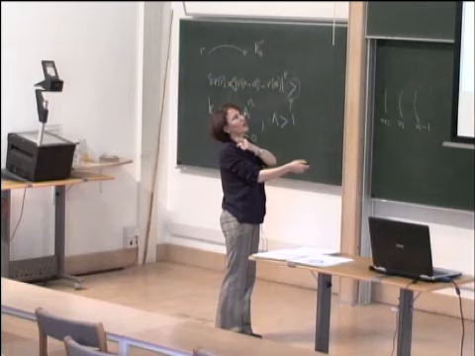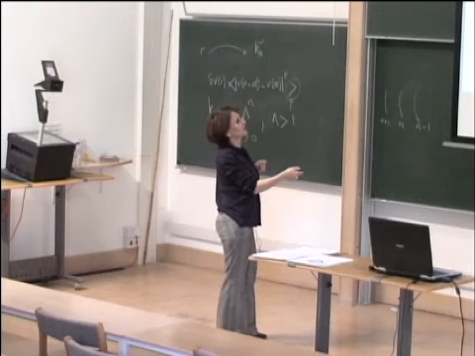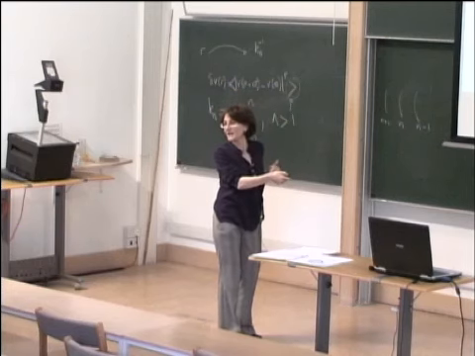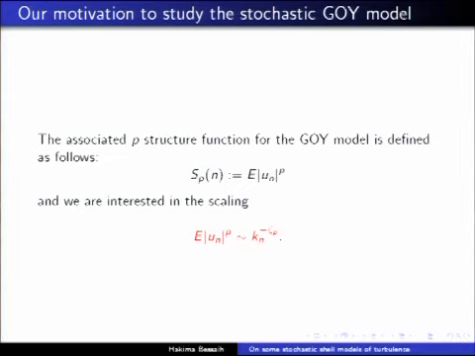Later on I will show you other models, but this GOY model is a little bit more rigid than others. The structure functions that I had defined before, S_p(k_n) equal to the expected value, are averages that I'm now taking with respect to the expected value of |u_n| to the power p. And the equivalent of Kolmogorov, we would like to see if this will scale like k_n to the power minus zeta_p, and we would like to know, is this zeta_p